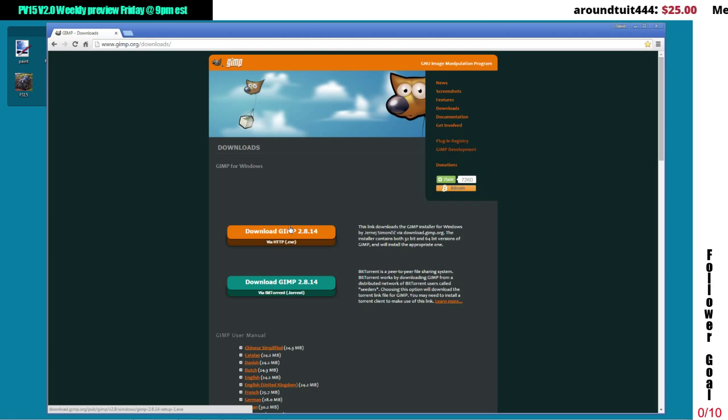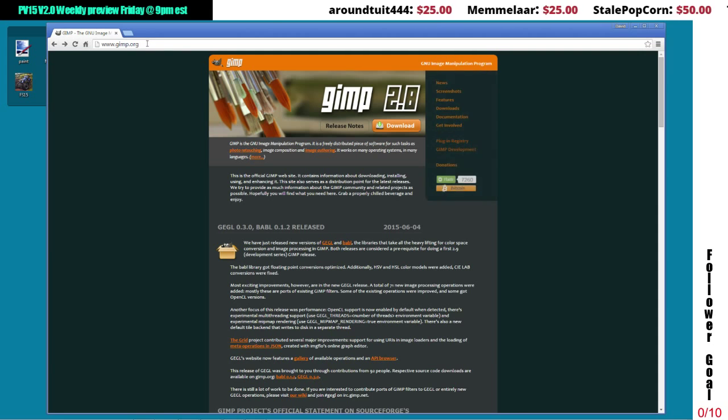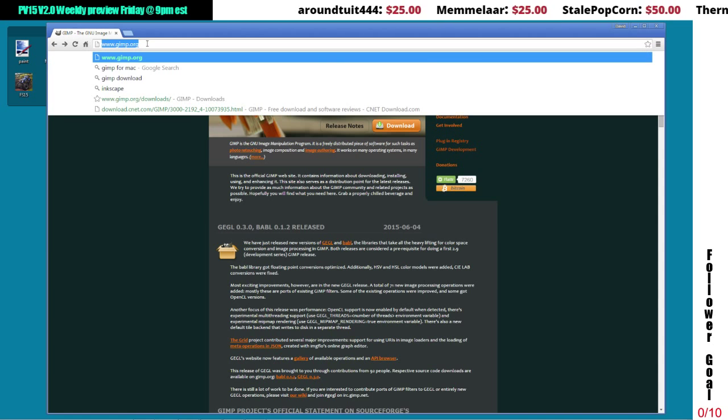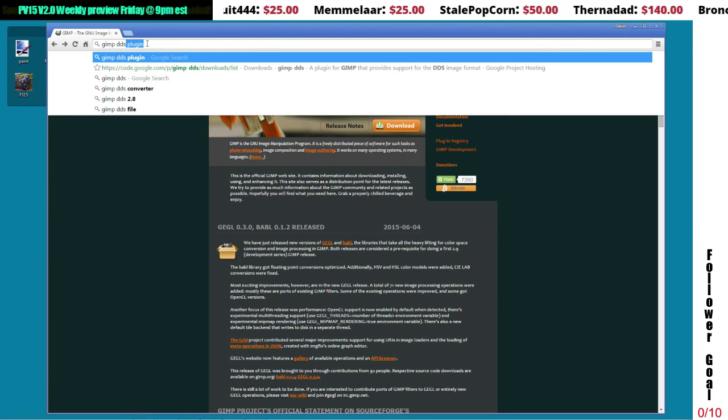Hey KW, just doing a few quick tutorials. Today we are setting up GIMP to get it ready for doing some graphics. Once you have GIMP downloaded, we have to get a couple extra things for it. The first thing we are going to be looking for is a DDS file plugin for GIMP. So we'll Google GIMP DDS plugin,